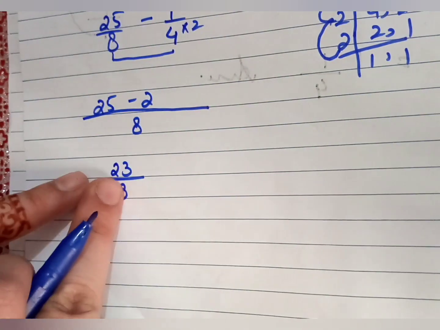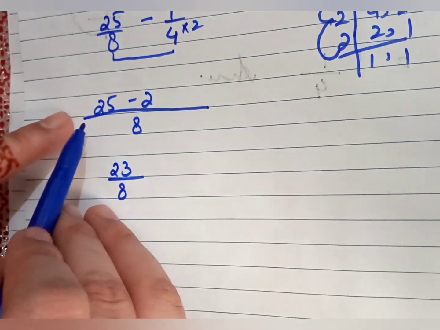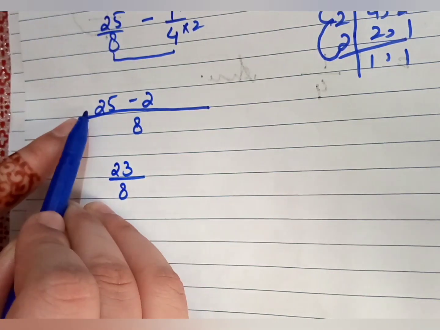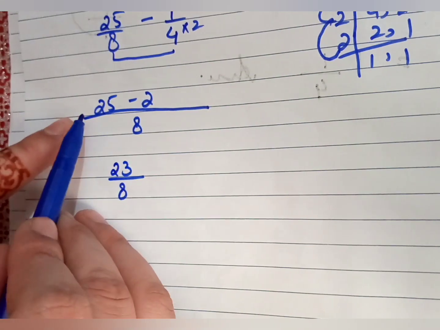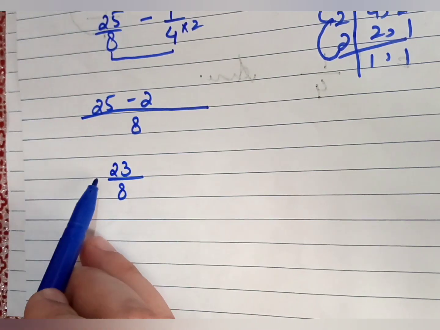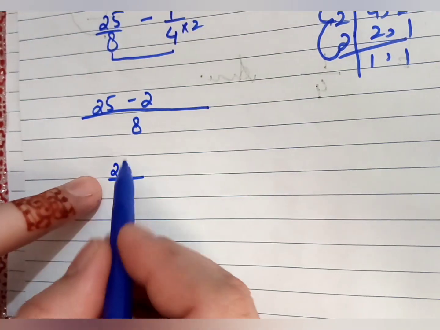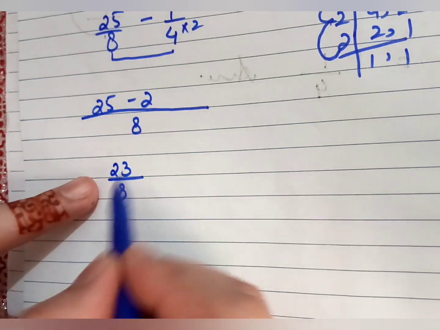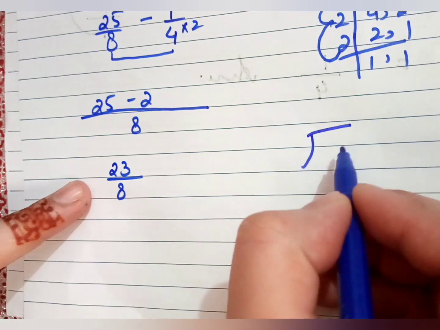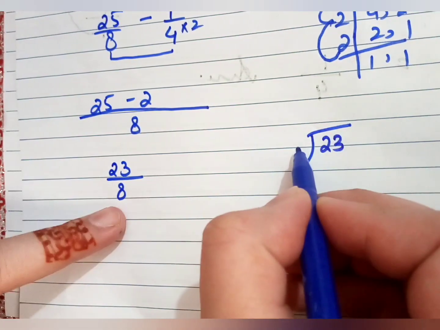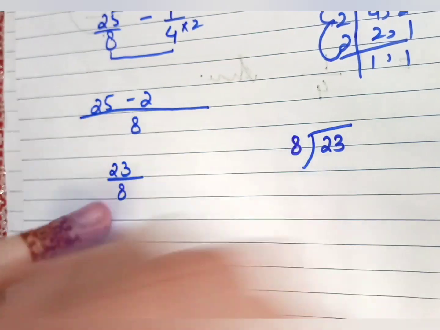Okay, plus minus, the term will be minus, and we place the sign of the greater term. So our greater term is 25, and 25 has the sign plus. When there is no sign, that means there is a plus sign. So we will shift that plus sign to the next term. Now we have this fraction that is an improper fraction. We have to convert this improper fraction into a mixed fraction. Write down the numerator and divide by the denominator, that is 8.